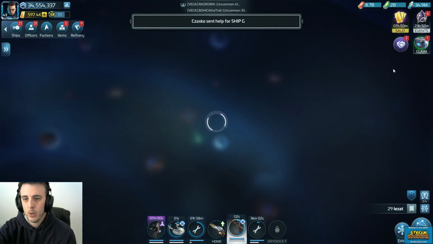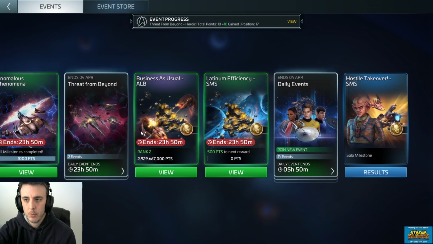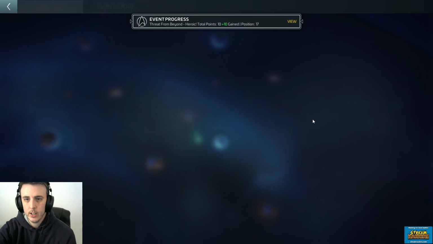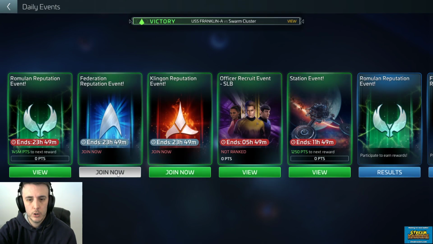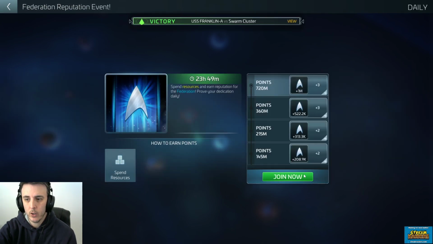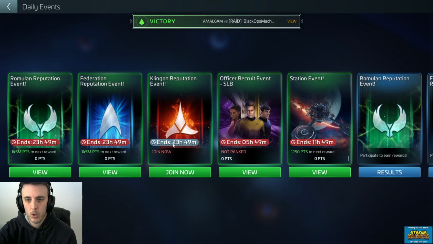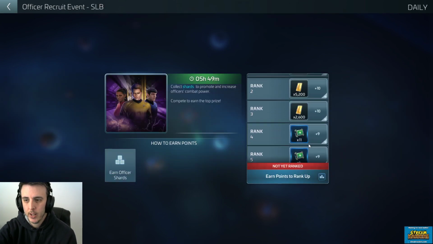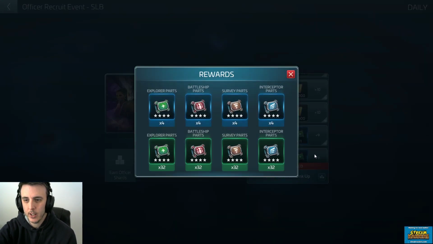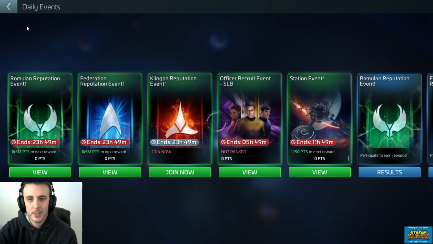Let's see what else we got going on. Threat from beyond. That's armadas. Let's look at our daily events. We got to join our Romulan reputation event. Join our Fed rep now, which is now higher because I hit glorified with Federation last night. 440 million. Here's the solo leaderboard. We're paying out only top 5 in this particular bracket, and it's ship shards. It's not the best one